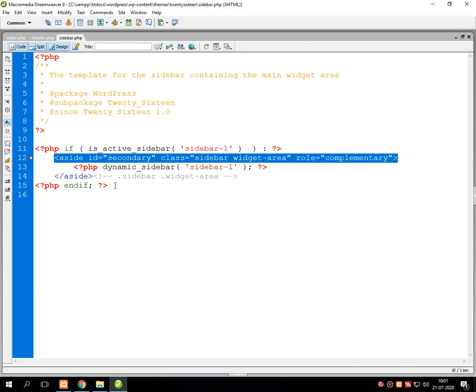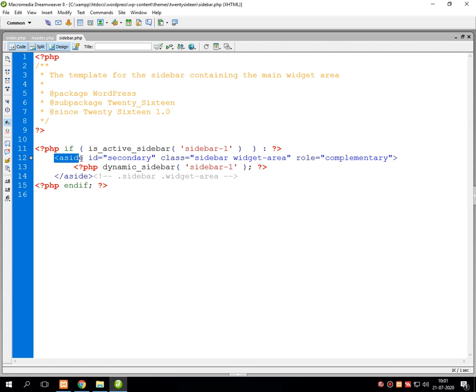In that static line, aside id equals to, in double inverted commas, secondary, class equals to, in double inverted commas, sidebar widget-area, which is related with the widgets area of a sidebar.